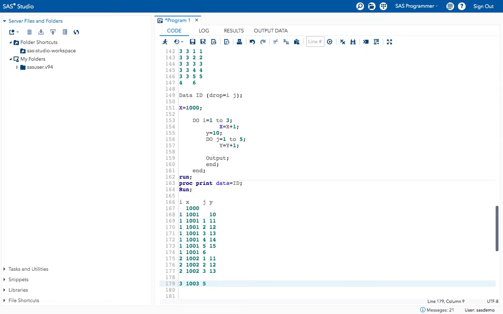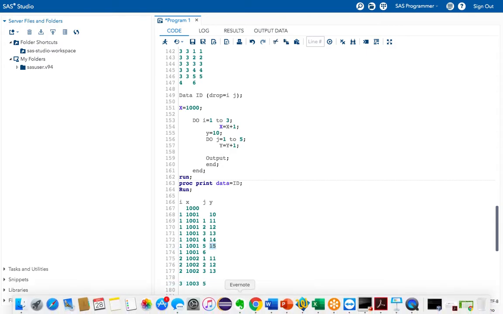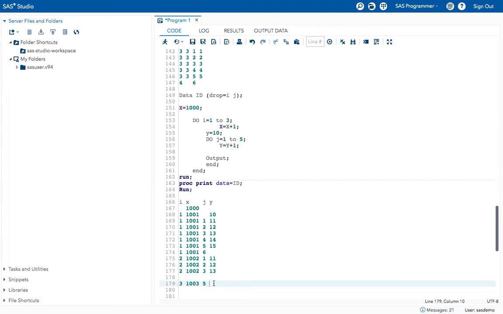and what will be the value here? Obviously it will end at the 5th iteration. And now see, in the last what value I got here, the y value will be at the 5th iteration, 15. Okay, this will be my last value. And what will be the end values? It will stop at 4, and again this j value stops at 6. Okay, see, now if I remove this output statement, I will get 1003, 6 and 15 as the result.